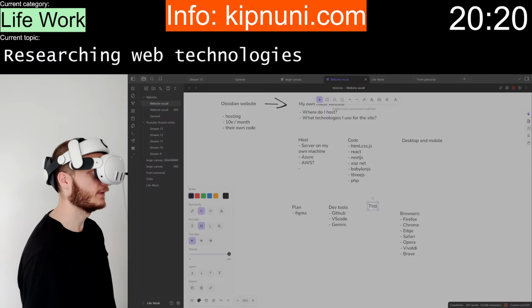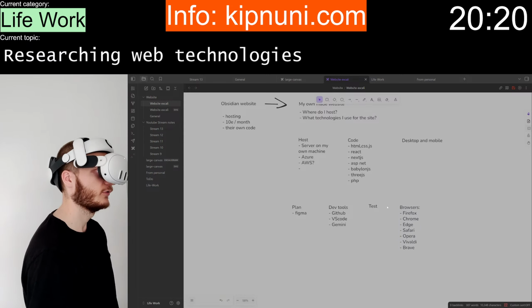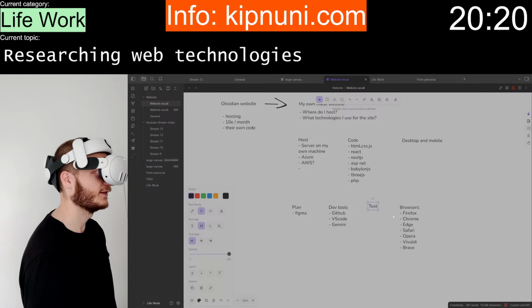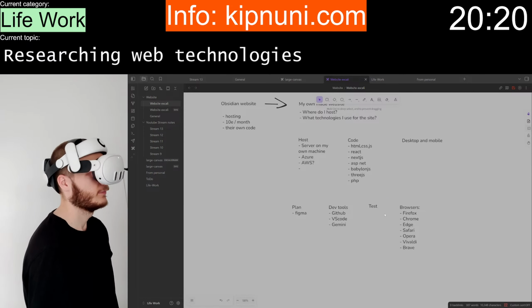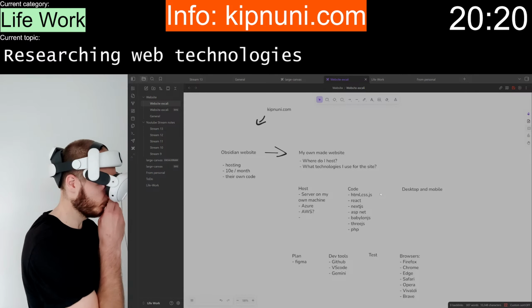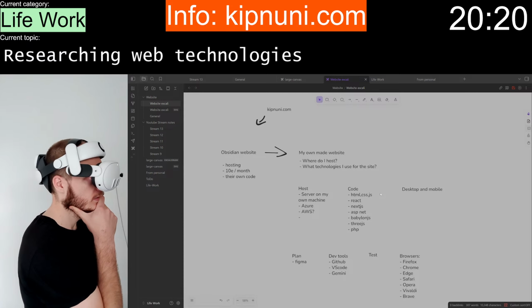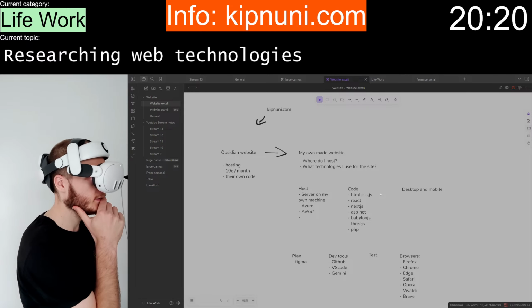Testing, I have never done much. Just debugged using print. That's pretty much it. So planning, then the tools, developer tools, that's easy.